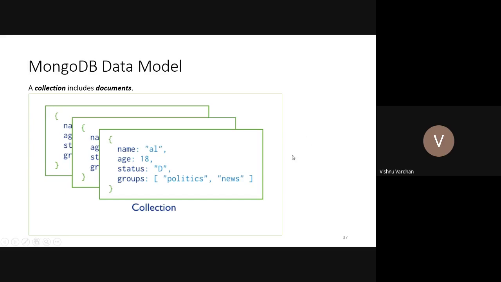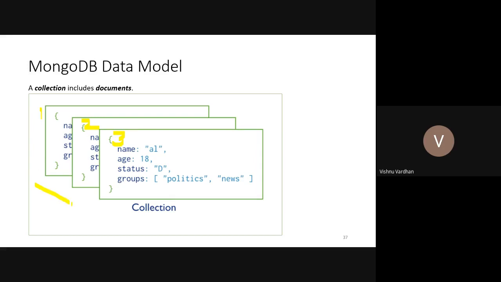Now the MongoDB data model: we can see the collections. Your collection is nothing but your table. This collection contains documents: this is document number 1, document number 2, and document number 3.